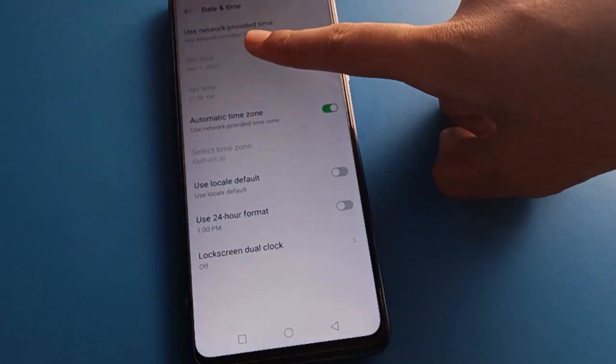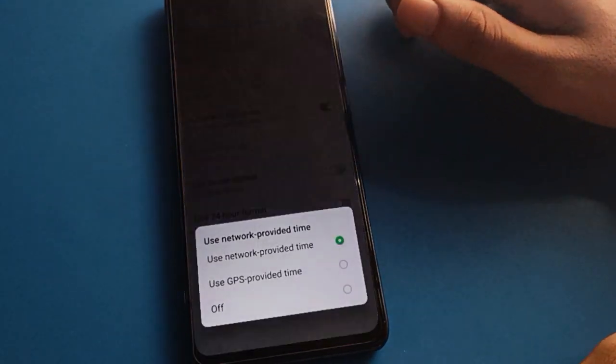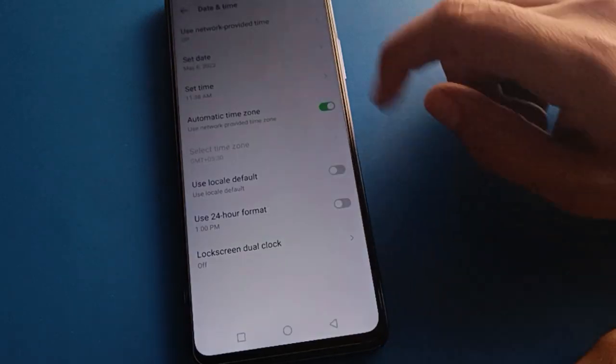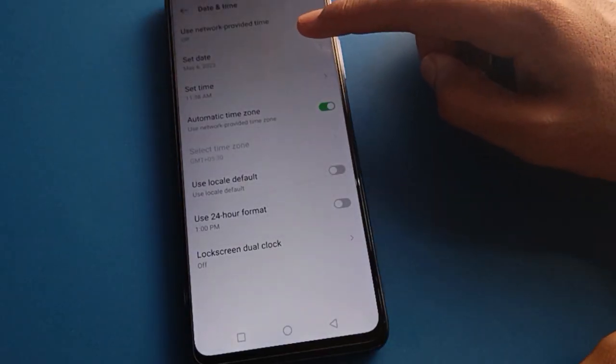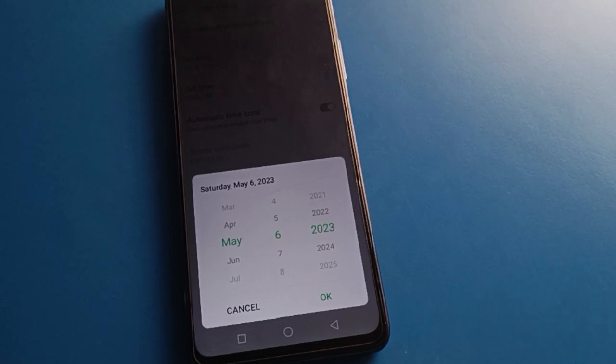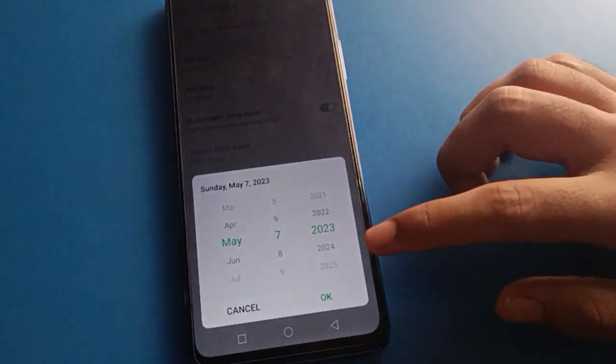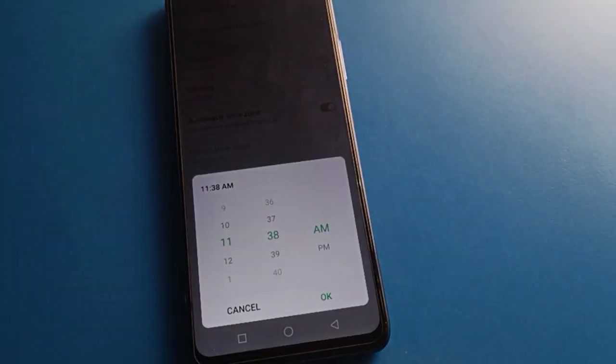Friends, if you want to set date and time, you cannot set them yet. First of all, click here on use network provided time and turn it off. And friends, now if you click here on date setting, you can select the date and set the date in your Infinix mobile. Friends, I will set 7 May here, and we will set the time